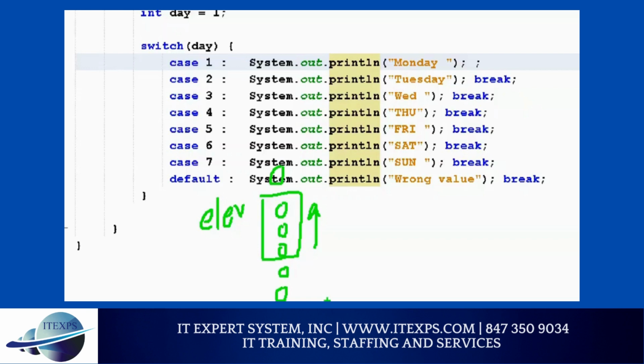Then I asked about the ATM. That's real life. In an ATM, you have the options withdraw, check status, transfer, deposit. You can't do both operations at the same time. So these are real life examples. When you are using the remote on your TV, the buttons are all switch statements. When you are calling somebody on the phone and pressing buttons, 2, 2, 4, those are switch statements.